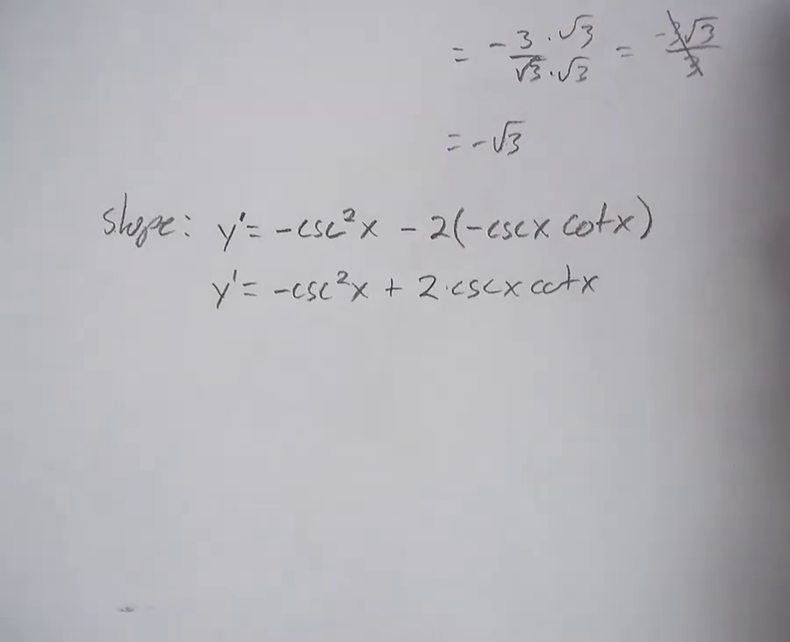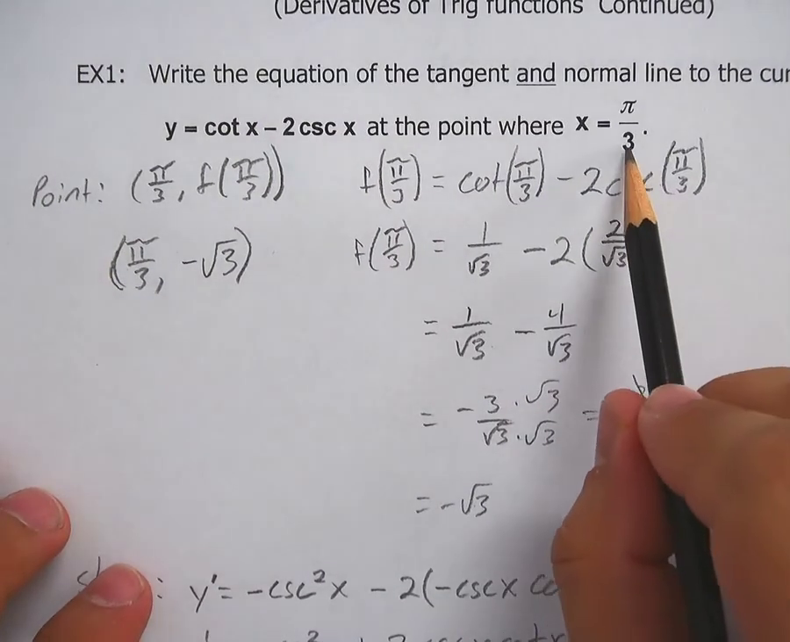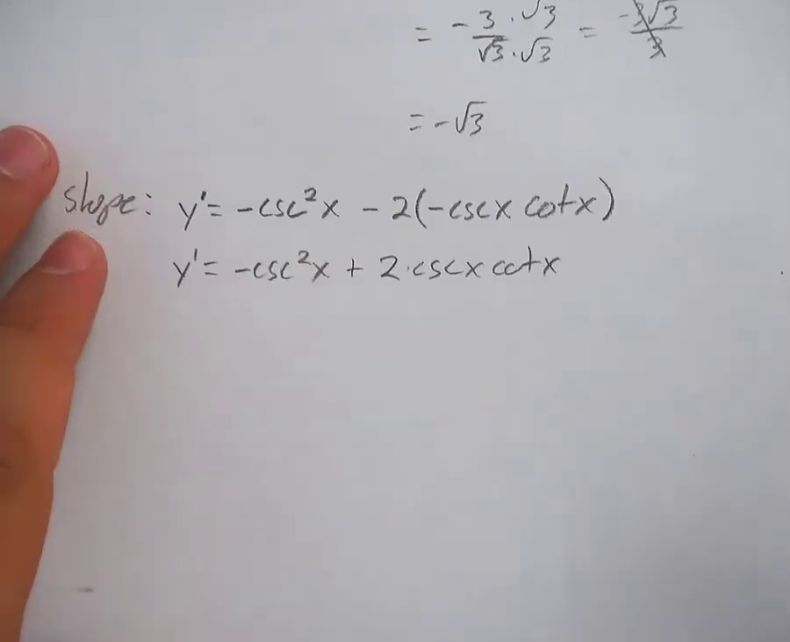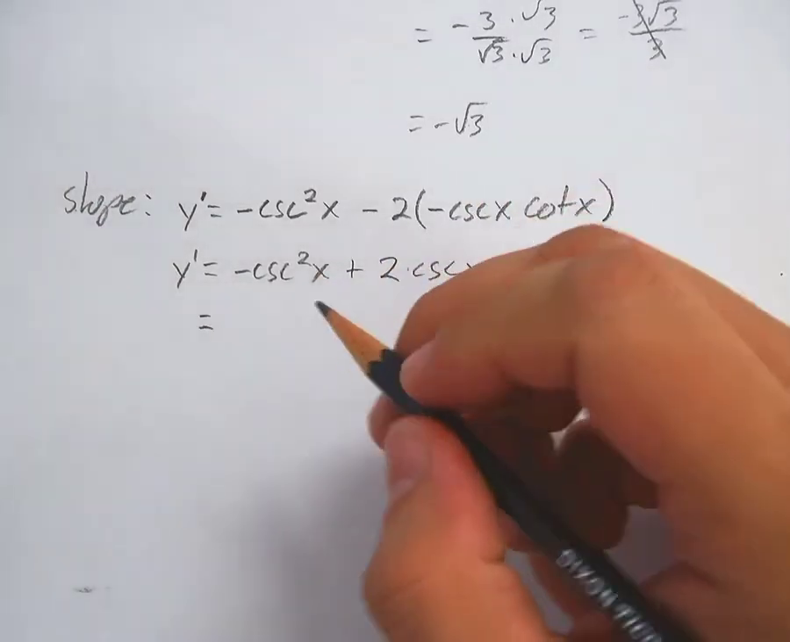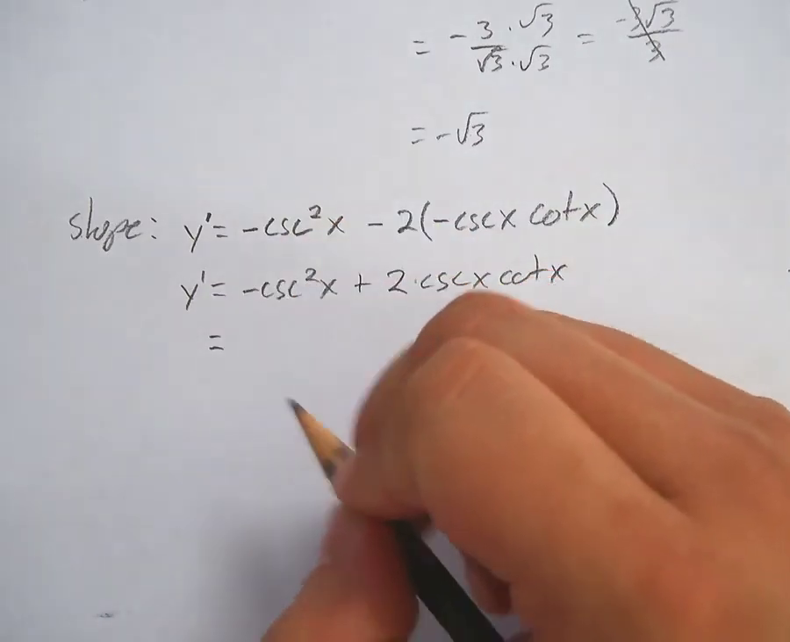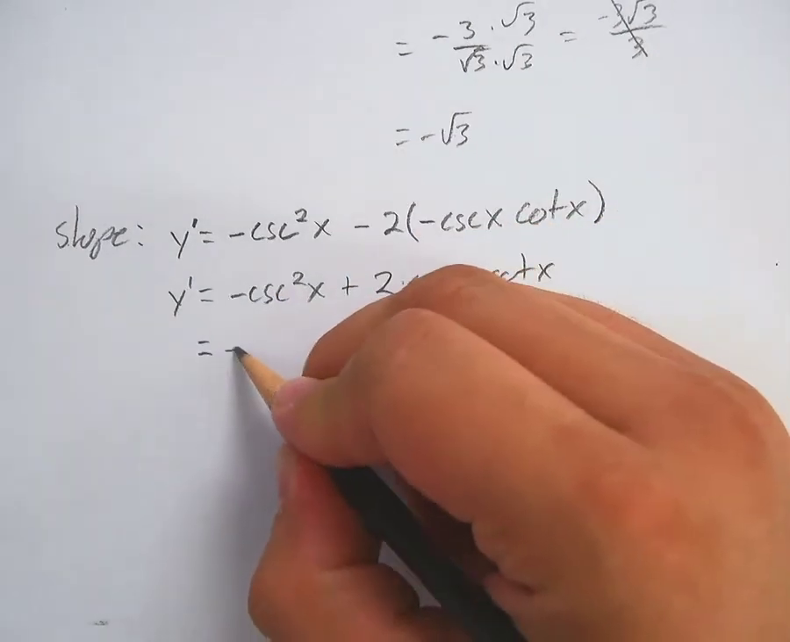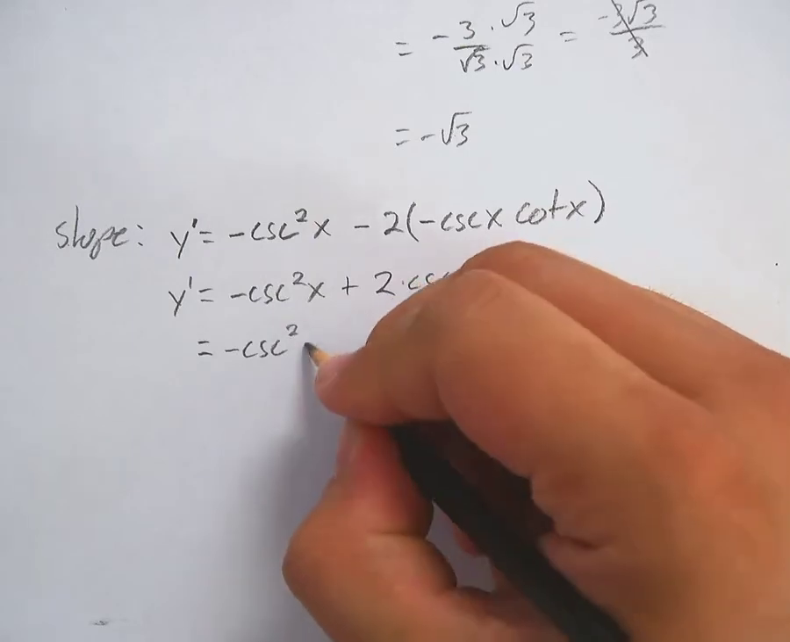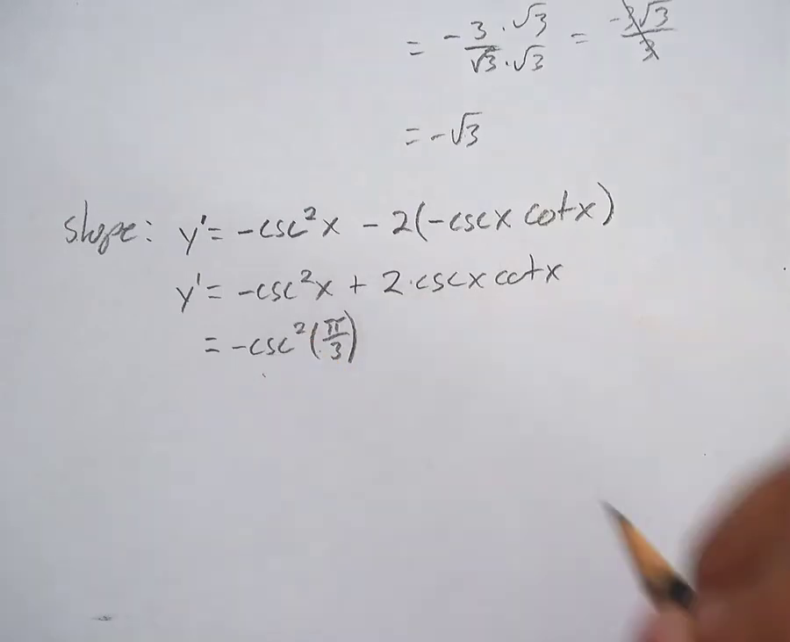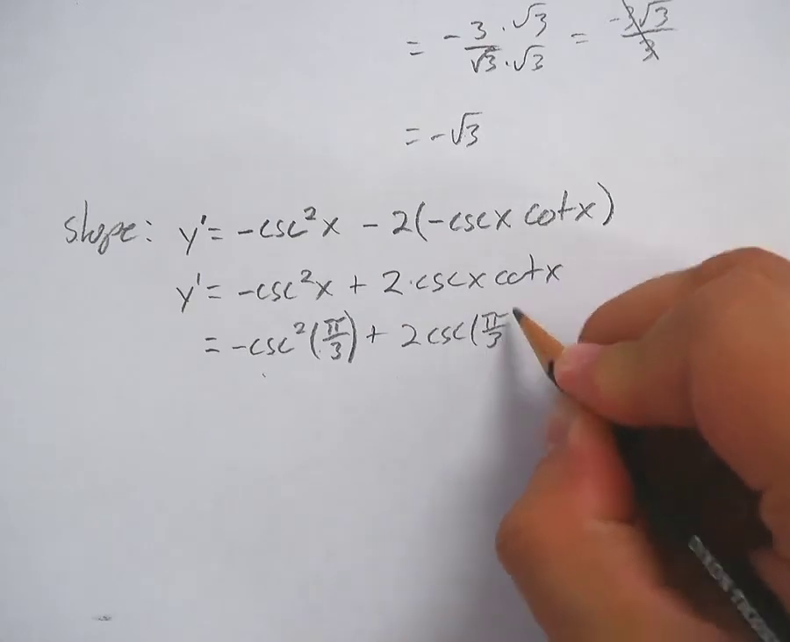Alright, so from here I need to find my slope. Now again, back up at the top. To find your point, plug this x into your equation. To find the slope, plug this x into your derivative. So let's come down here, and we're going to be plugging in the x value of pi over 3, so this will be negative cosecant squared pi over 3. That means I'm going to find this value and square it, plus 2 cosecant pi over 3,